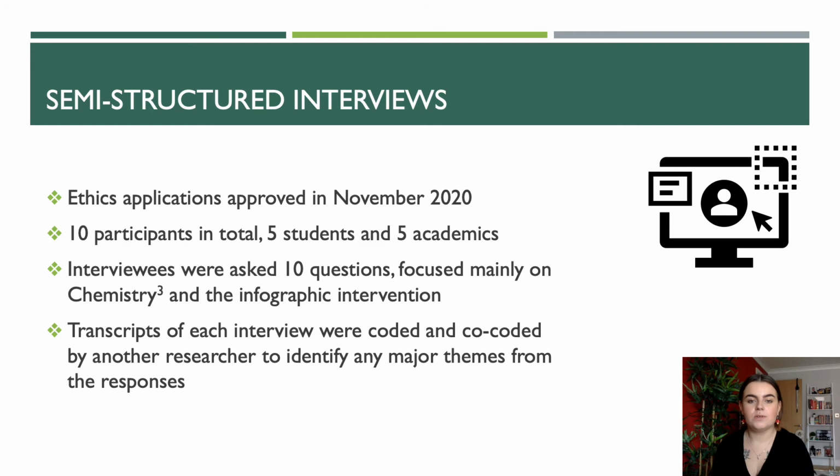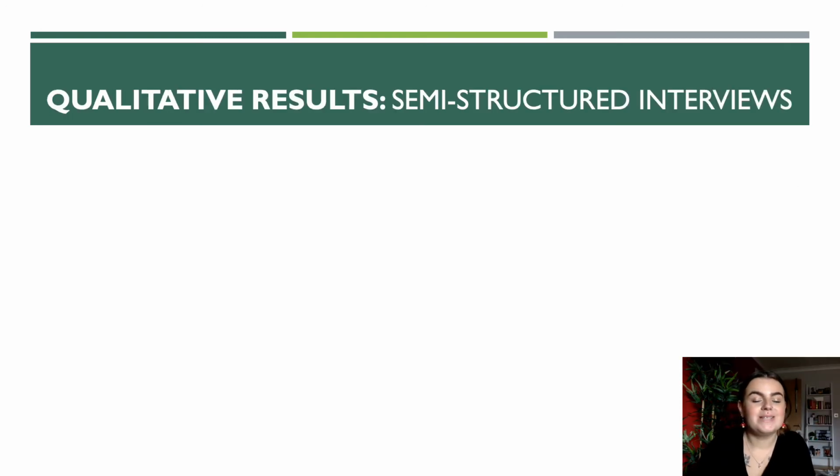Each interview was recorded, transcripts were made and checked, and then coded by myself and co-coded by another researcher to identify any standout themes from the responses. As a result of that coding process, we identified 5 major themes from the participant responses. I also decided to group the student and academic responses together so I could compare and contrast their views